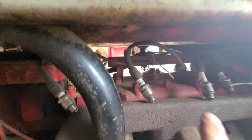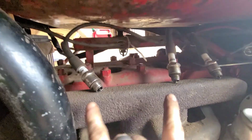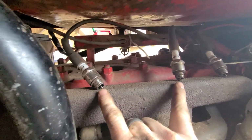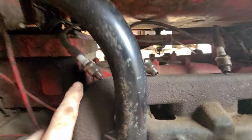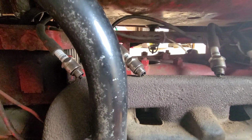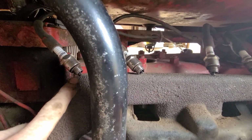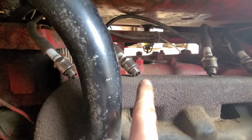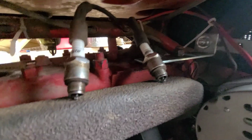I'm gonna switch the plugs up and see if they make any difference. Alright, now I switched the plugs up. These 2 plugs were the plugs that got little to no spark. This plug and this plug got really good spark. So I switched them up to see if it's still getting good spark on these plugs and if these 2 get any better. So we'll start with